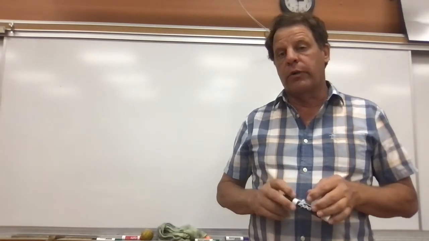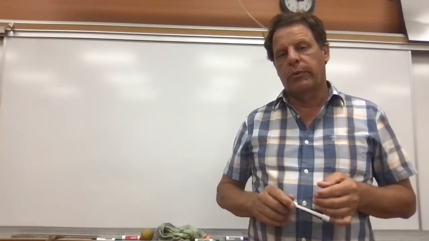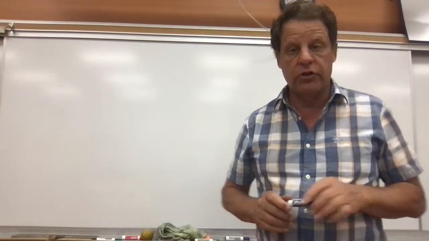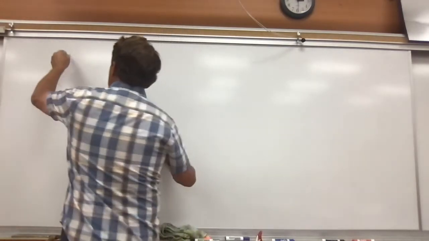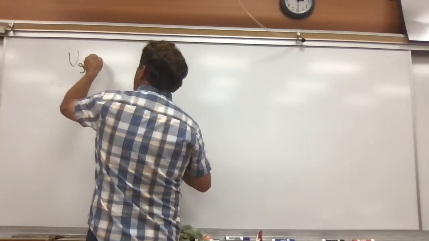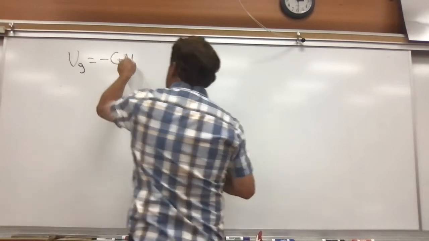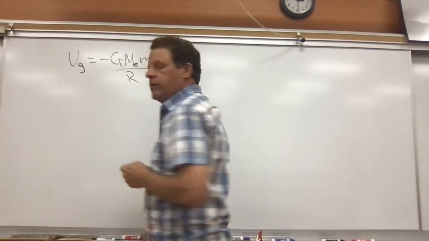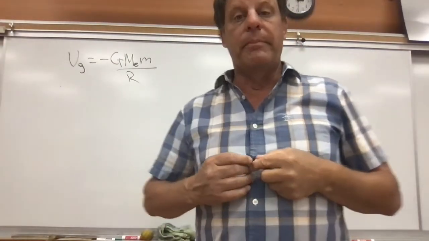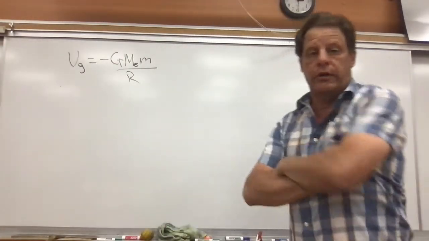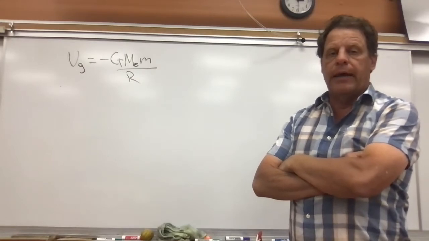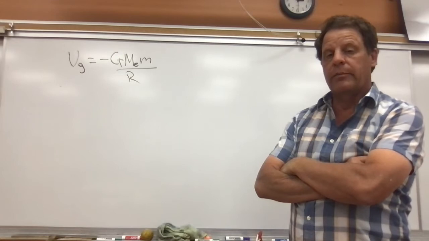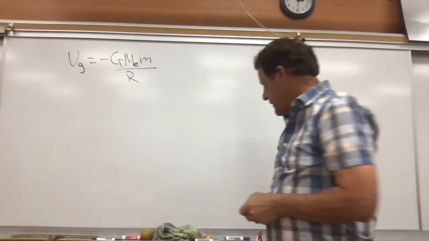Now, a quick review of what we talked about yesterday, which was primarily potential energy. Gravitational potential energy is negative G, mass of the Earth times the mass, divided by the radius. Now, to me, this is just weird, right? It's weird. And to extend it a little bit further out,